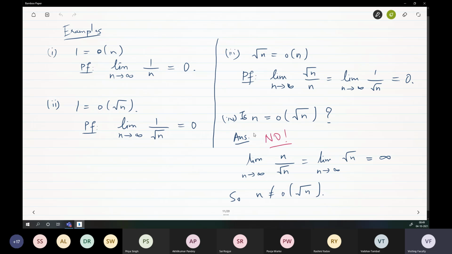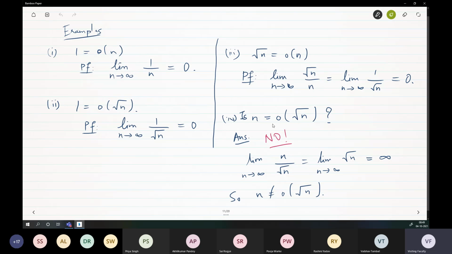Okay, so n grows strictly faster than 1 because 1 is 1, it stays where it is. So 1 is little o n. Similarly, 1 is little o square root n. Compare square root n and n again, n is square of square root n. So n grows strictly faster than square root n. Therefore, n is little o n, not just big O n. N is in fact little o n.